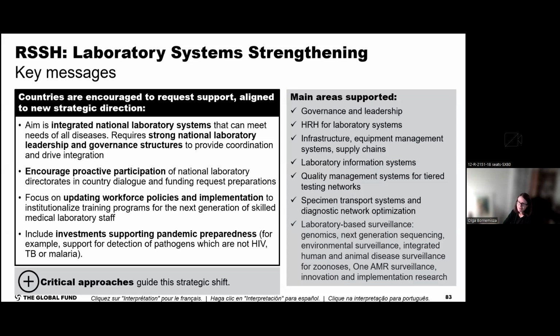Again, you can see the plus sign at the bottom, so there are critical approaches to guide this strategic shift. And again, you can see on the right-hand side some of the main areas that are supported. So the next slide,